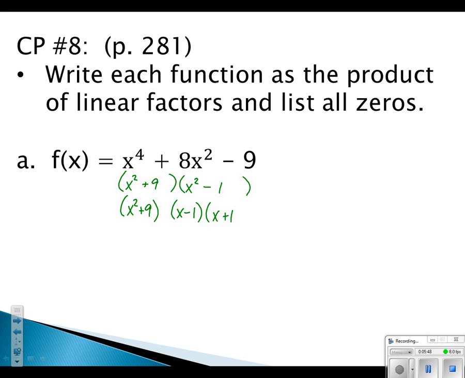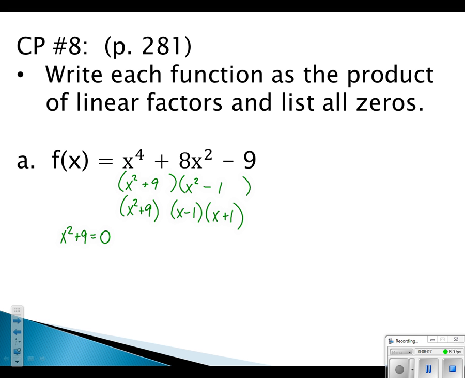So that's a fast one to break. X minus 1, x plus 1. All right, so I can see pretty easily a couple of my factors. It's going to be easy to determine the zeros for those factors. Let's now focus at that x squared plus 9 out front. Now finding the zeros for that,